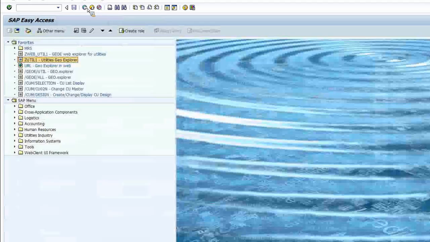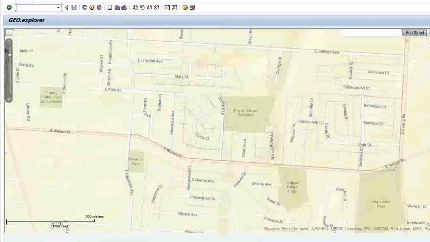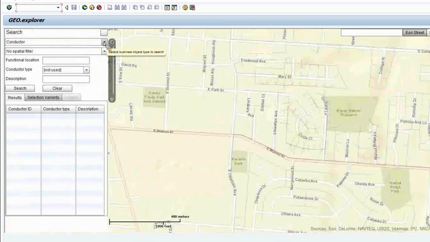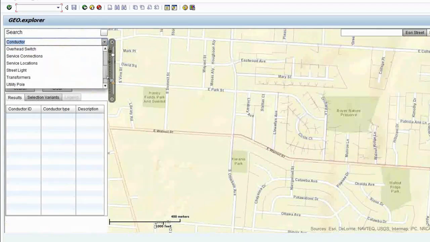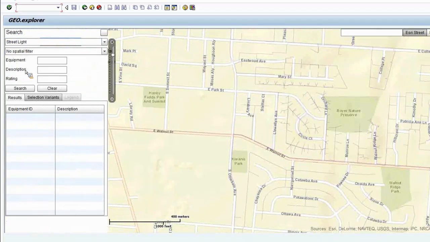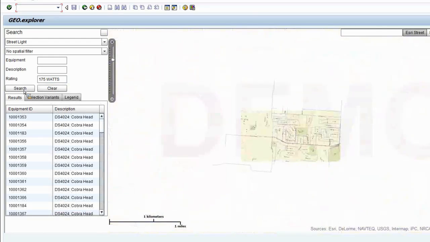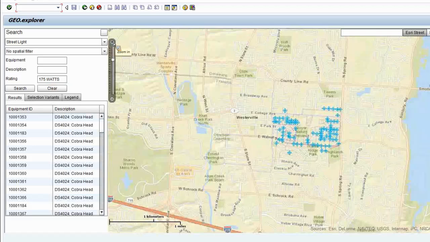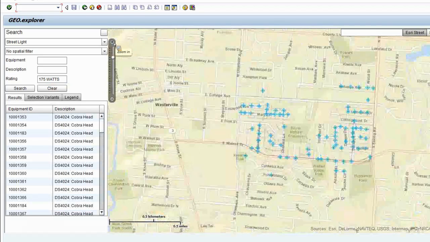maps and so on. But now I want to show you the intuitive look of an interface by starting first with a map. So here, right within my map interface, I can open up and I can see I've got a search window, and I'm able to search for different assets. So let's search for our street lamps, and let's go ahead and narrow this down to my 175 watt street lights. Click search. I'm going to see that same list of 100 street lights, but here now I can see